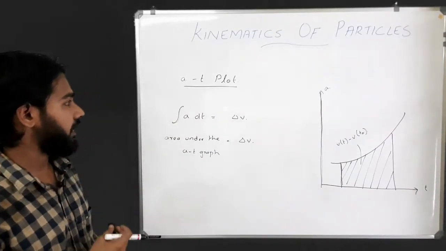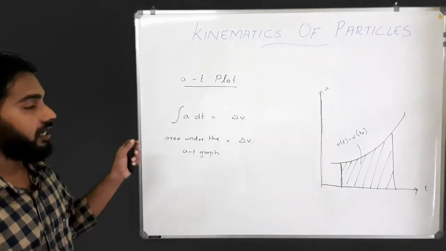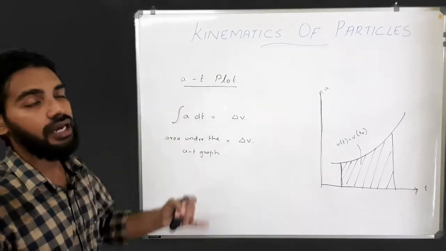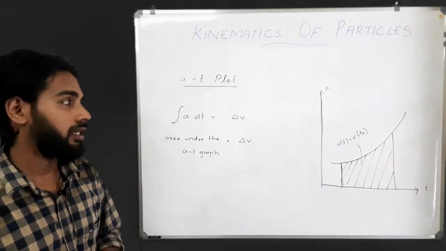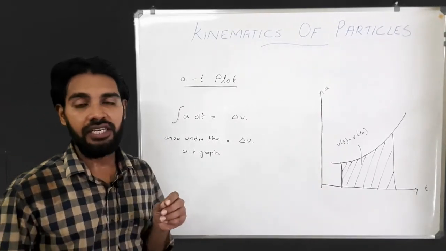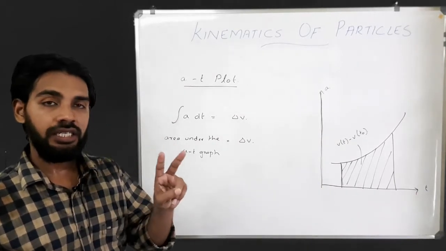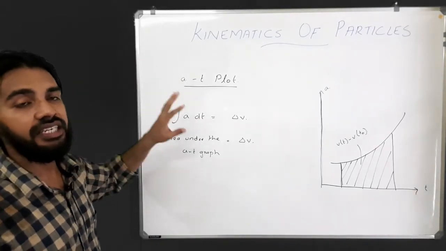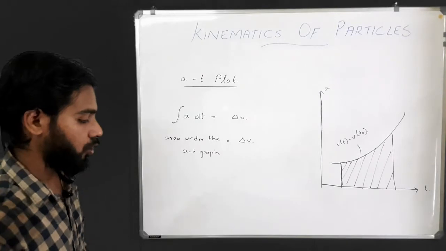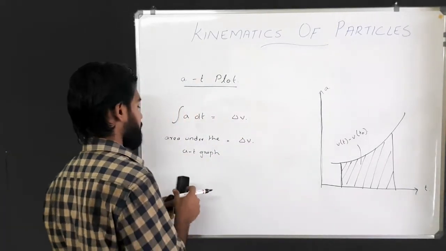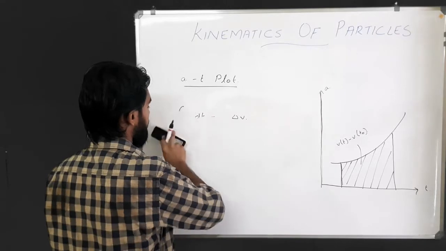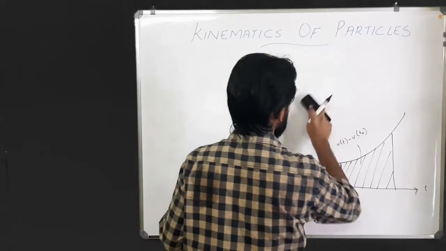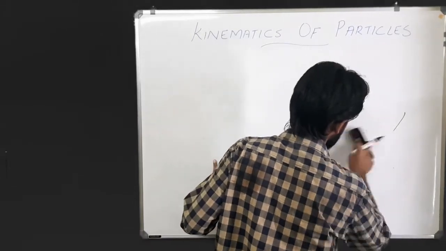So these are the three aspects which we had studied. One is the position versus time graph, second the velocity versus time graph, and third the acceleration versus time graph. In the ST graph and VT graph we studied the differentiation aspect, and in VT and AT we studied the area under the curve. So we can use these graphs when we are given experimental data or when the motion of the particle is an erratic one.